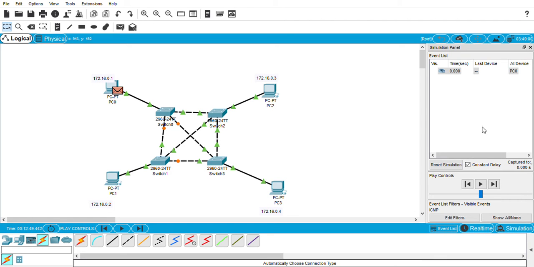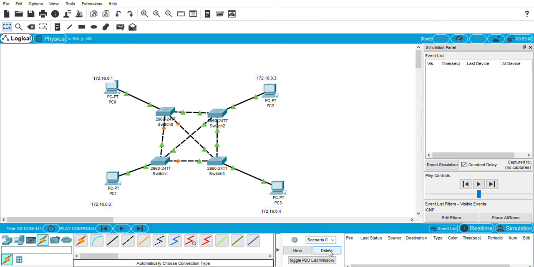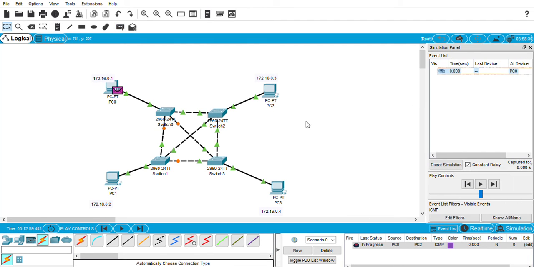Once you finish all your communication, just extract this, and it will show the option. Delete it, and the log will be deleted here. Then select a new packet from PC0 to PC2. Now we will see how it goes.